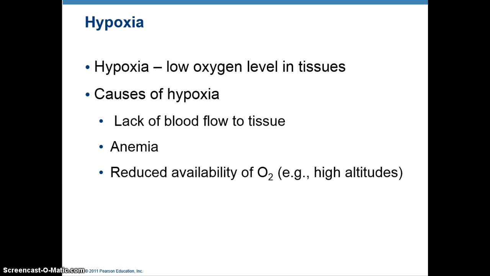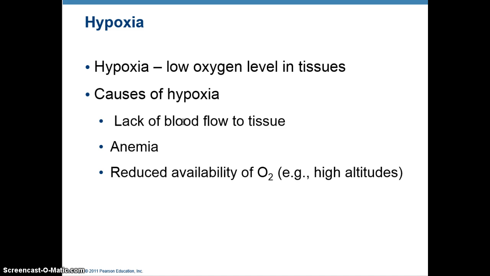At any rate, we left off talking about anemia, which is an inability of the blood to carry oxygen. Anemia can result in hypoxia, which is reduced oxygen levels in a specific tissue. So, as we said, one cause of hypoxia could be anemia. Tissues aren't getting oxygen because the blood lacks the ability to carry it. It could also be that a specific tissue is experiencing hypoxia because the blood flow to that tissue has been